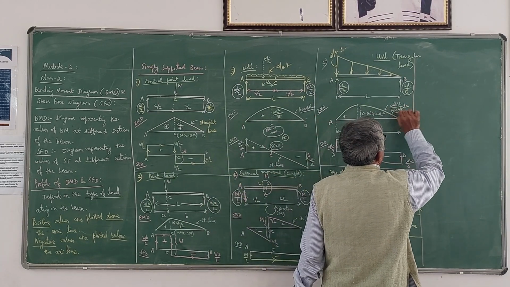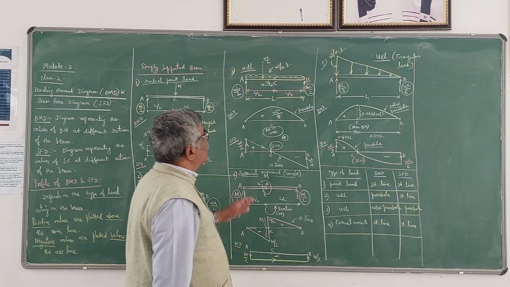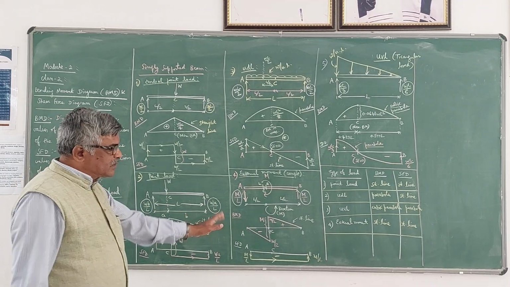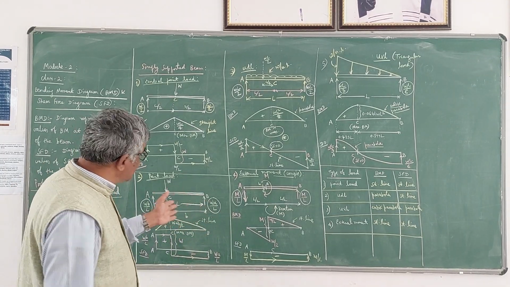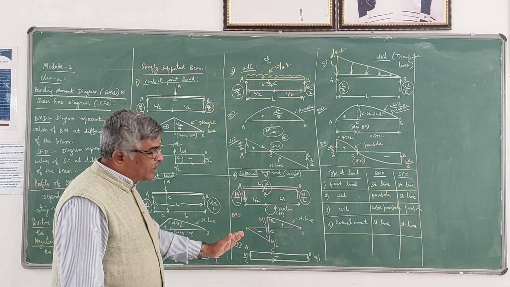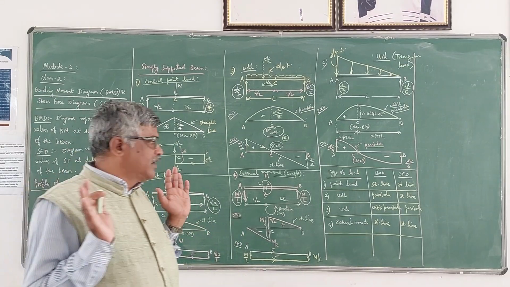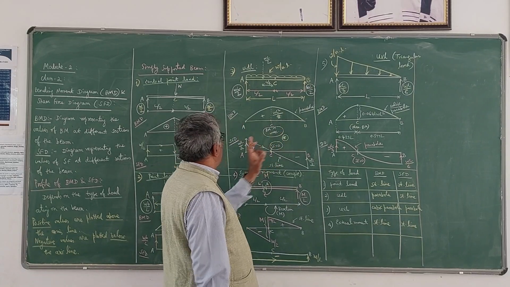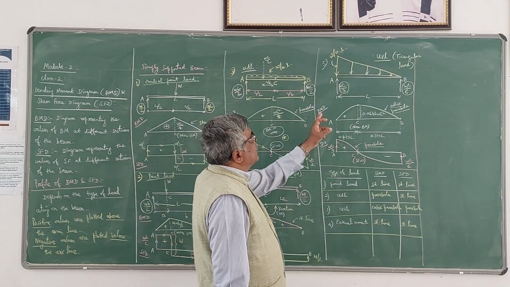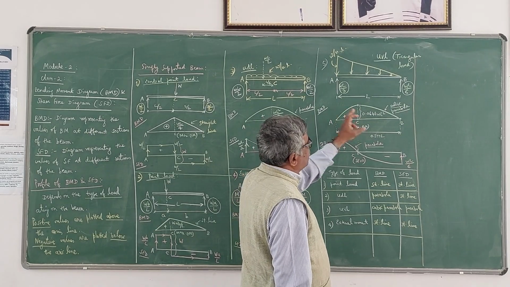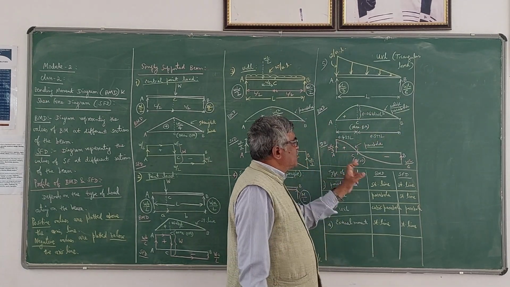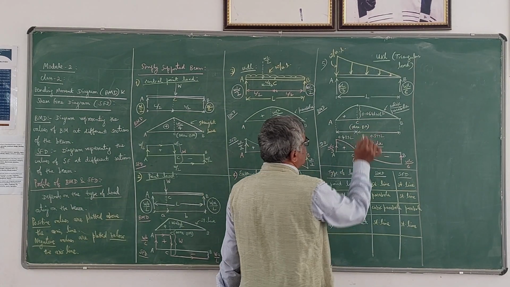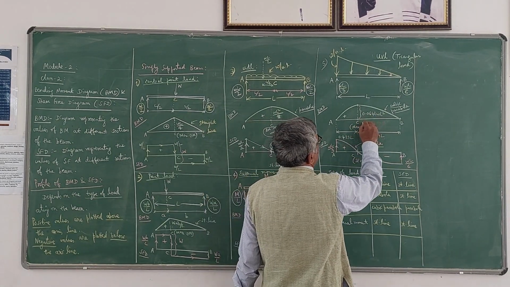See the difference here. In the case of UDL and UVL, you should be careful, because in the case of concentrated load and external moment, you need not worry because everything is a straight line. Whereas in the case of UDL, bending moment diagram is a parabola, shear force diagram is a straight line. In the case of triangular load, bending moment diagram is a cubic parabola, shear force diagram is a parabola. So where shear force is 0, at that point you can have maximum bending moment. The value of maximum bending moment is this much,